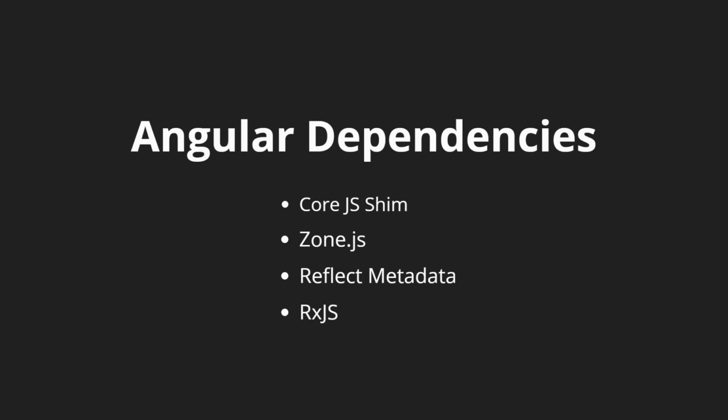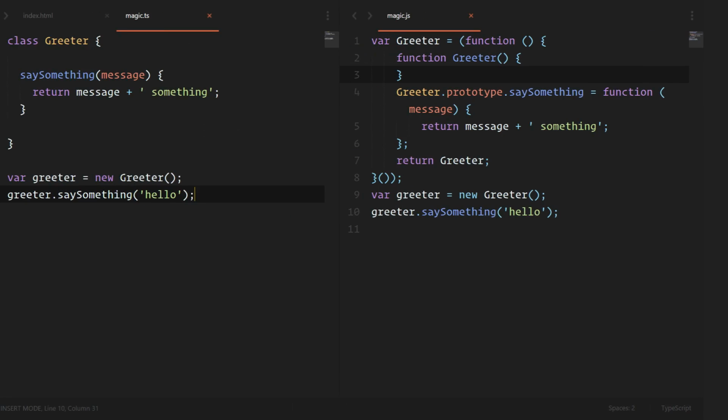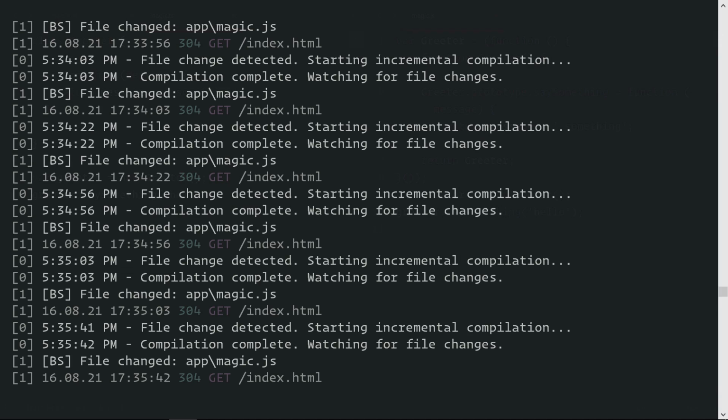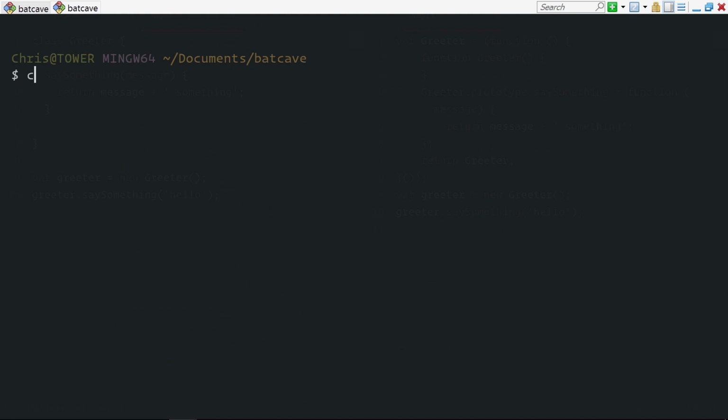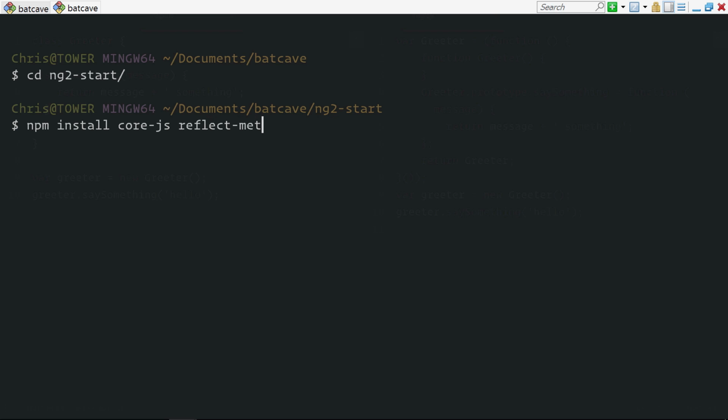The last one we've talked about a little bit is System.js. We're going to bring this in so that we can load different modules across different files in our browser. Let's install all these Angular dependencies. Back in the command line, open up a new tab, cd ng2-starter. We'll run npm install. We needed core.js, we needed reflect metadata, we needed zone.js, RxJS, and a caveat right now is